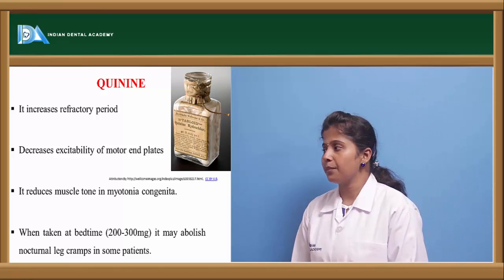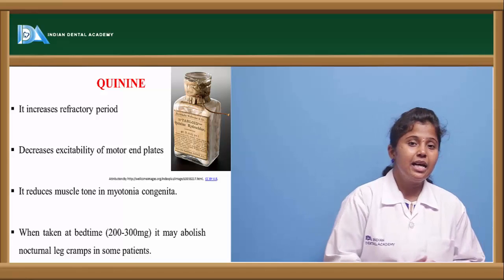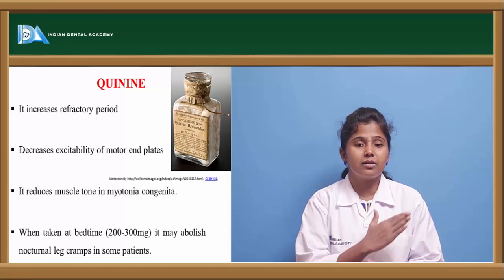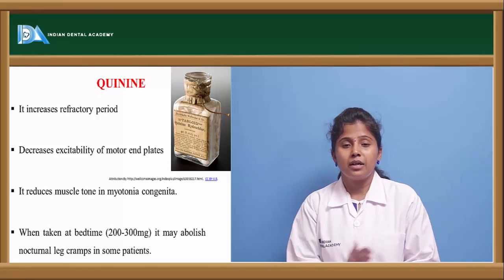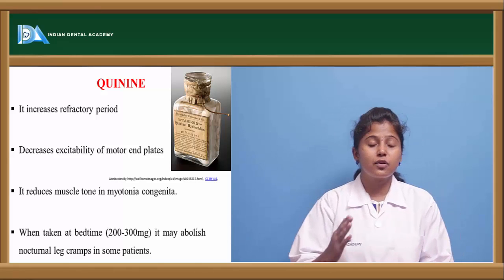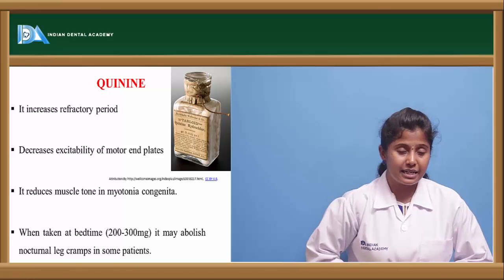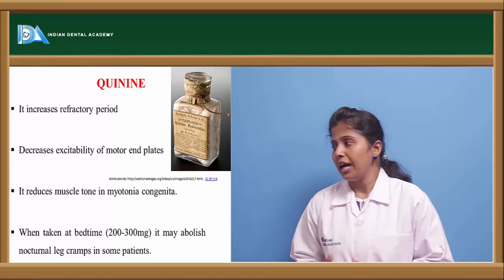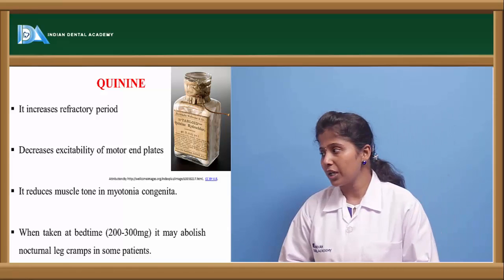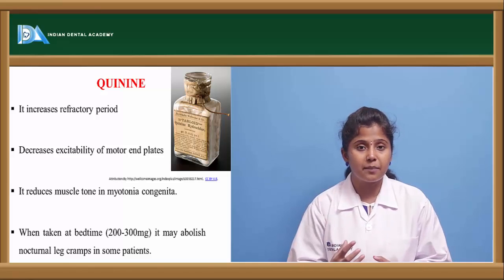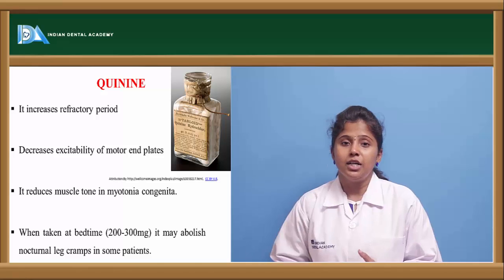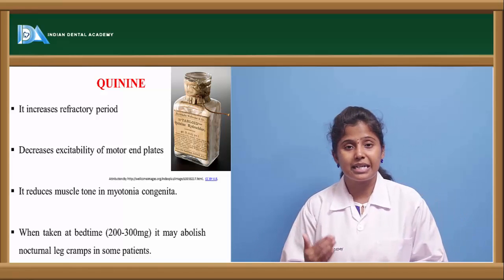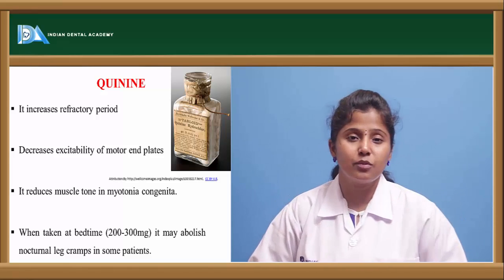So quinine acts by increasing the refractory period. So refractory period is nothing but the state where the muscle is in the relaxed state. So the refractory period will be prolonged or increased by quinine, and it decreases the excitability of the motor end plates. So in the motor end plates, whatever the action potential generated at the motor nerve endings, this can be decreased, or the excitement or anxiety which is caused because of